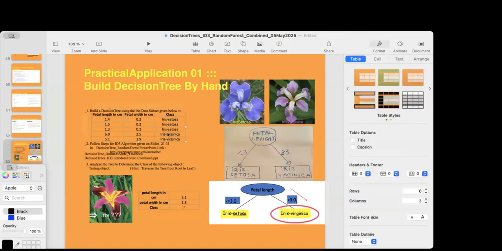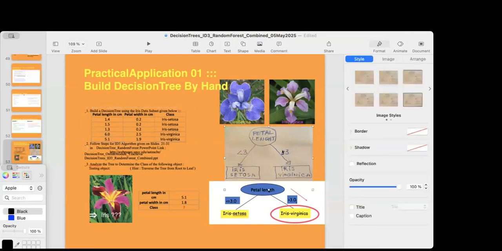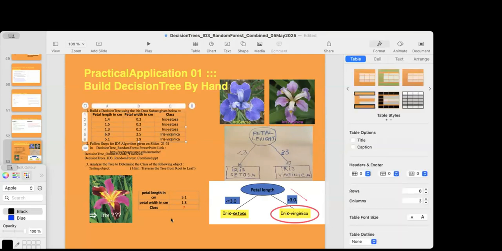Now, the objects number 4 and 5, their petal length is 6 and 5.1, which means their petal length is bigger than 3. Then we have an iris virginica. Now, if we build our tree or our model, our classifier, by using the data in this small table here,